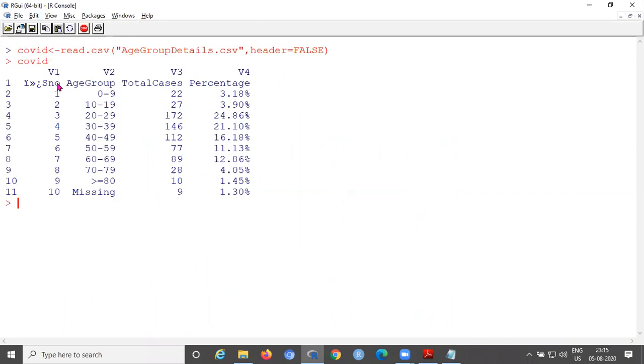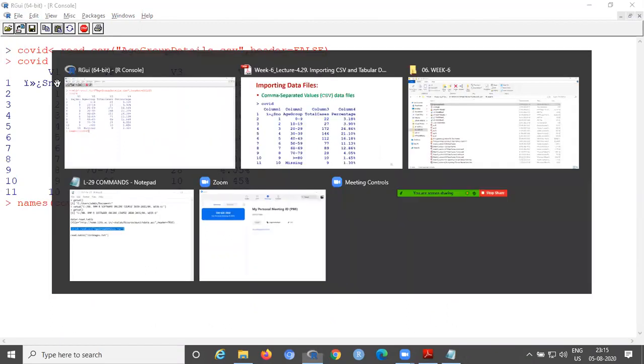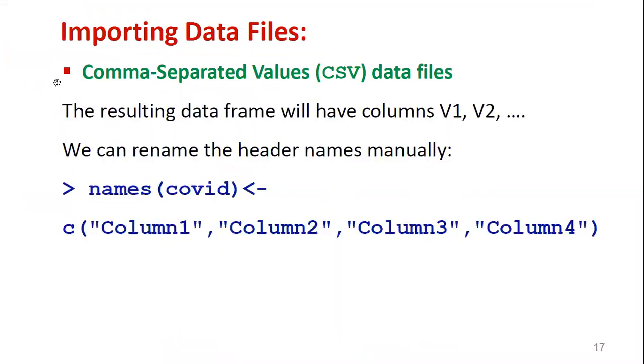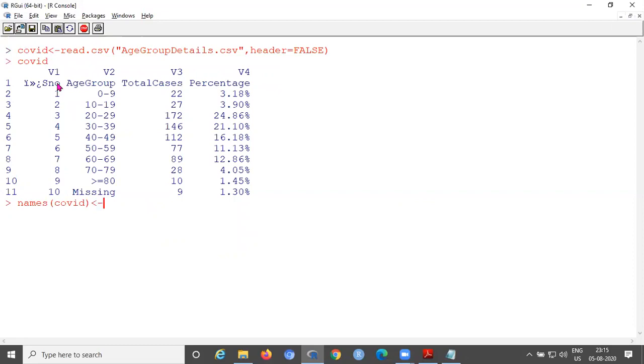Now you can rename by using the command names within parentheses. The vector name we have to provide is COVID, equal to, and directly you can provide by using c of vector column 1. Whatever names you give, those names will be displayed.